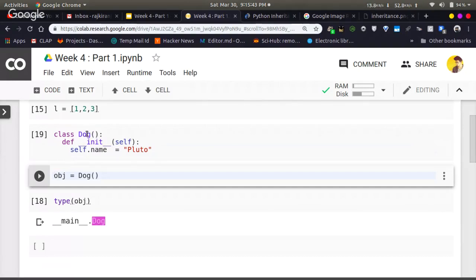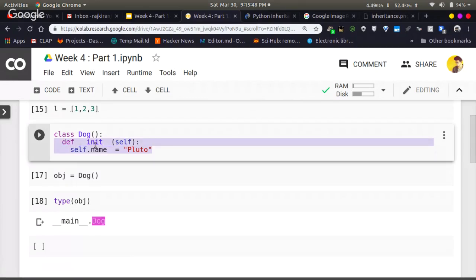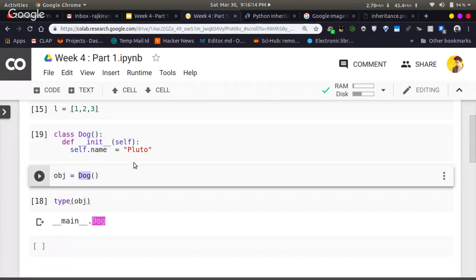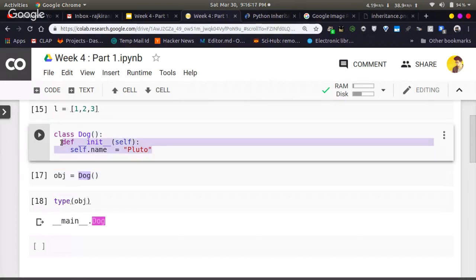Now you can see that rather than having an empty class, I created a method for this class. What you are seeing here is actually called a constructor. It is followed by two underscores, init, and again two underscores. So init is enclosed within two underscores. What this init function does is that whenever you create an object of this class, this is the first function that will be automatically executed. For example,